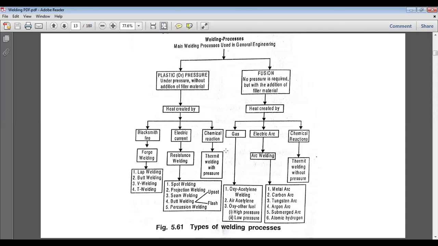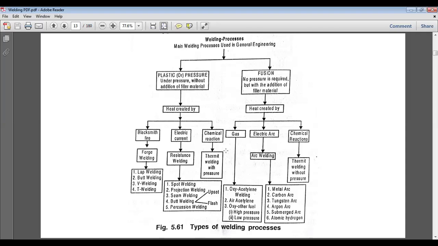Electric arc welding is another very important welding that we have to discuss. And yesterday in our last lecture we discussed how arc is produced. And third is chemical reaction. These are very simple and basic types of heat generating exothermic reactions, where two chemicals are mixed together and heat is evolved by chemical reaction. These exothermic reactions are utilized for creating heat, and this heat is utilized for welding.